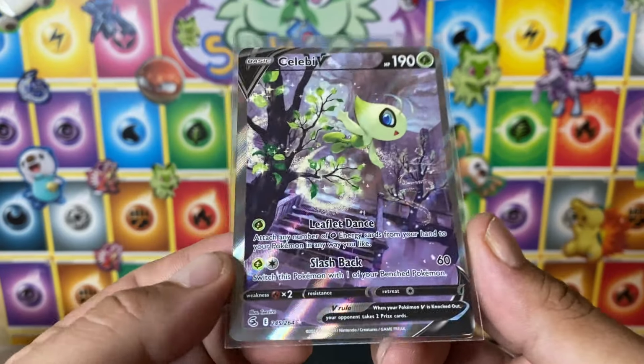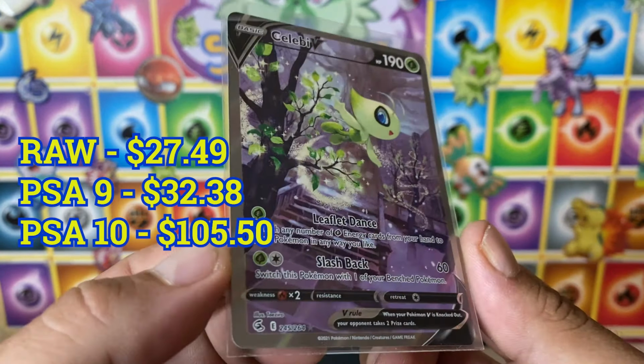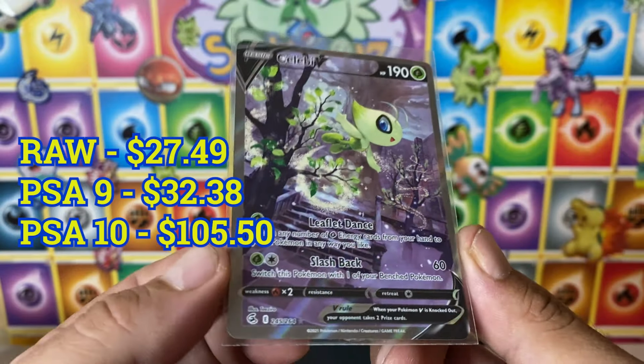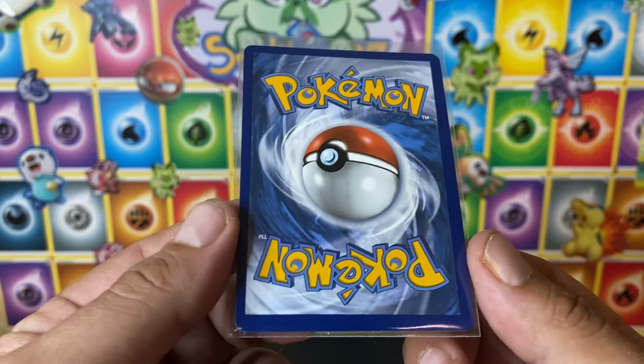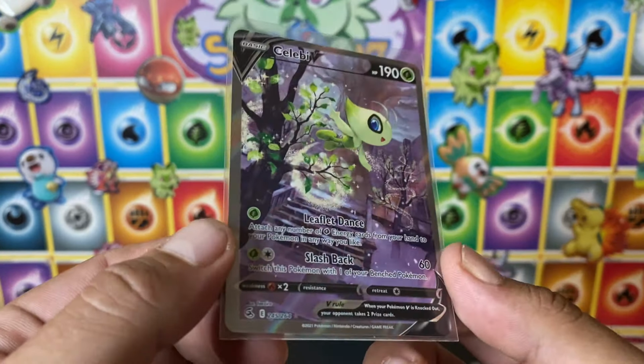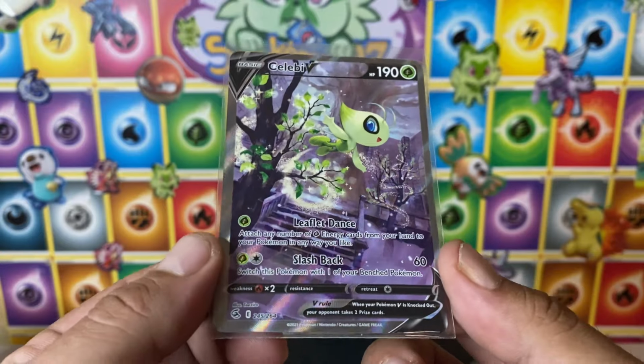I'm going to bring the Celebi. This is a more modern card. I'm pretty sure the centering's a little too far off, so I don't think this will be a 10. Don't imagine it's going to come anywhere close to the $200 price limit thing. So this is going to be like the cheapest card, I guess, or the lowest return value I'm expecting is